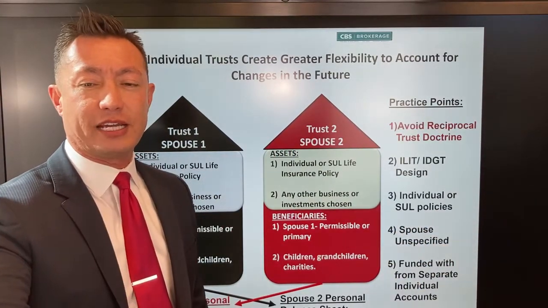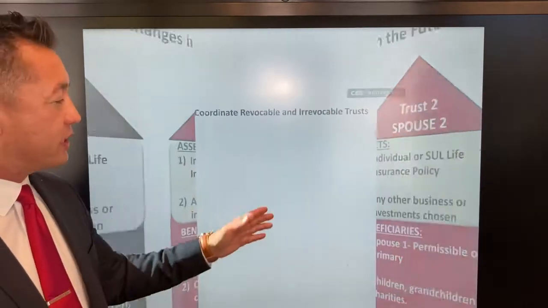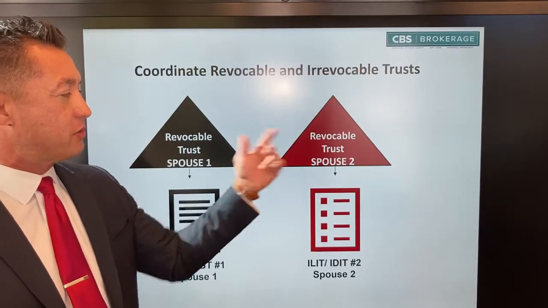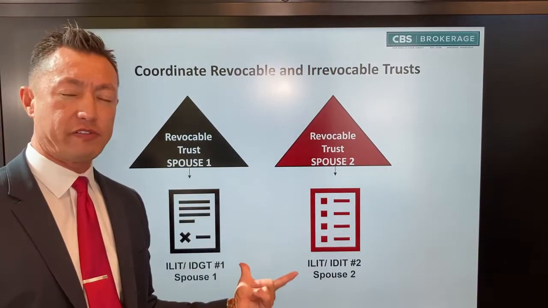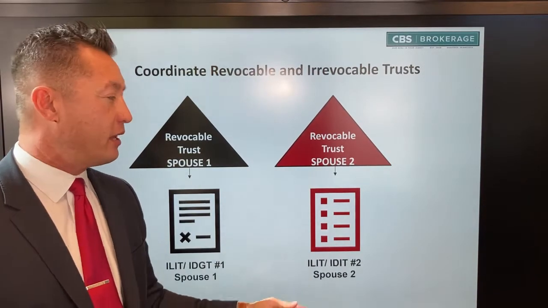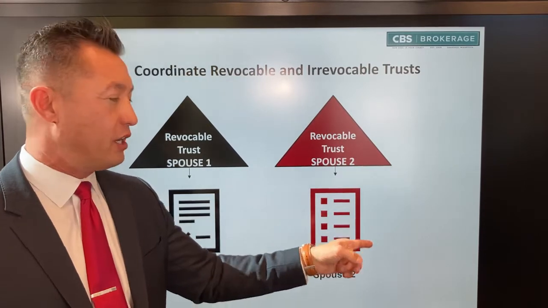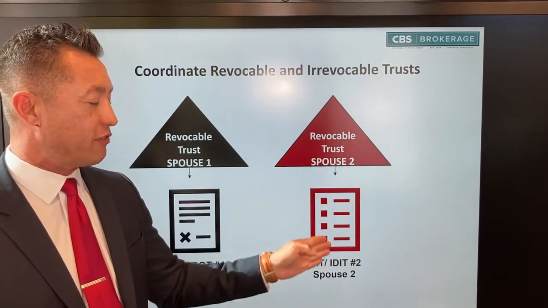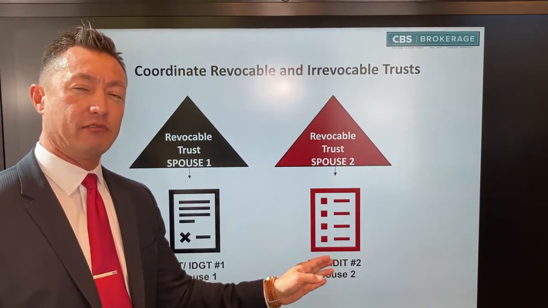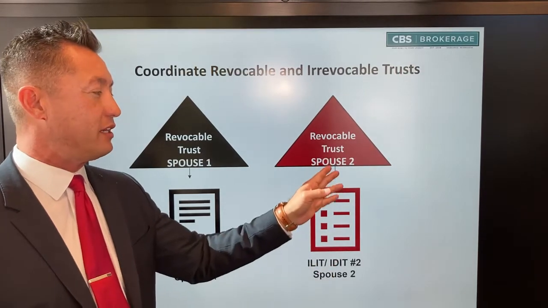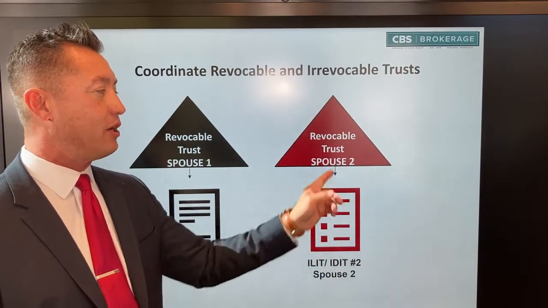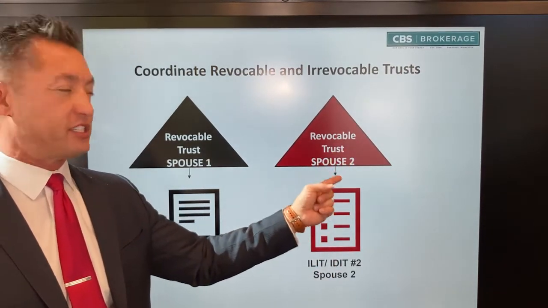So the next step, we would want to make sure we coordinate between the revocable trust and the new irrevocable trust we'd be setting up. To the extent that a revocable trust created a credit shelter trust, rather than creating some new trust and not referencing the existing irrevocable trust, we might as well have the irrevocable trust that exists now be the credit shelter trust, or consider that.